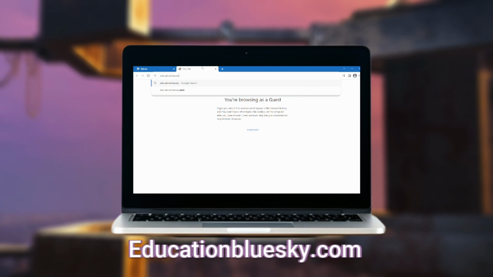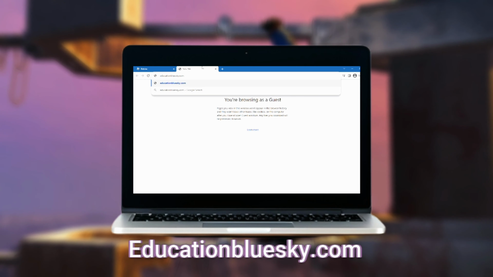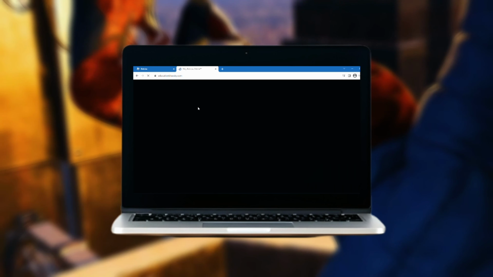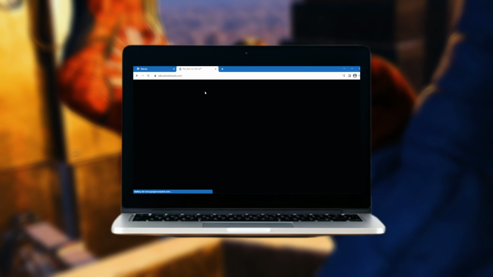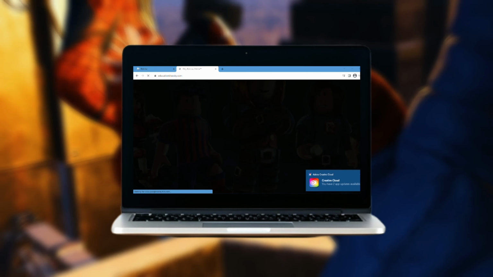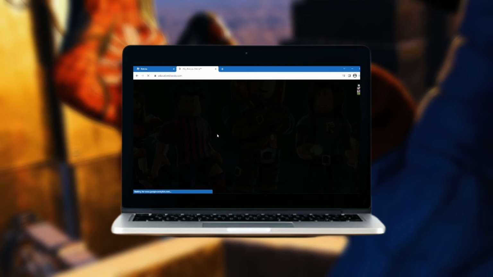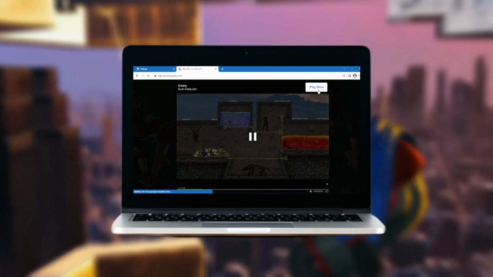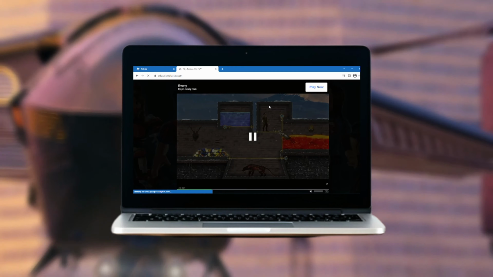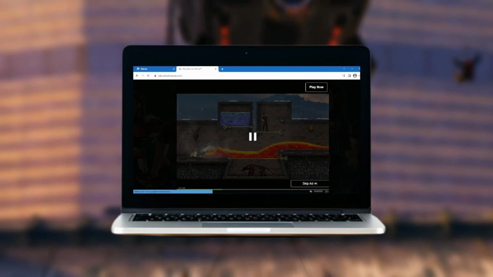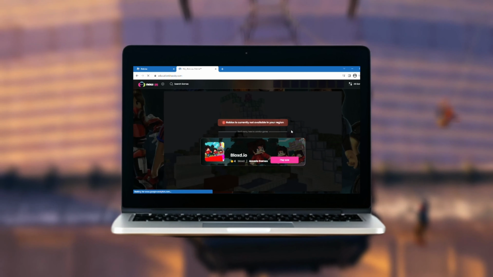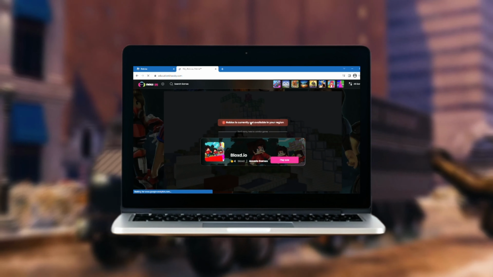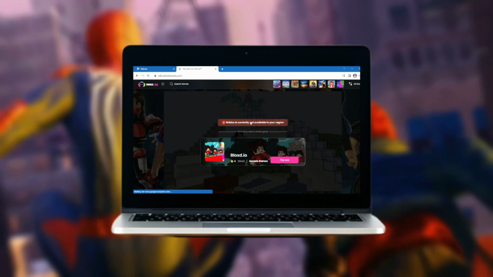bluesky.com. Okay, it's loading. There you go. There you have it. You're on Roblox. It will have a couple of ads. Sometimes it might be annoying, but it is good for the time. Yeah, there you go. It is not currently available in my region, but it will be available in the US